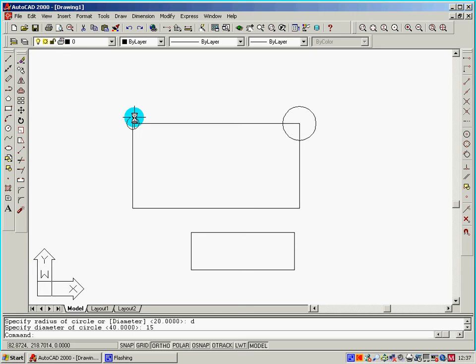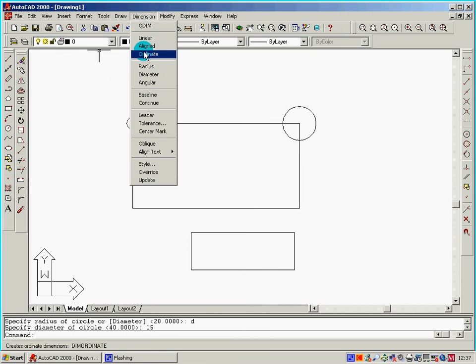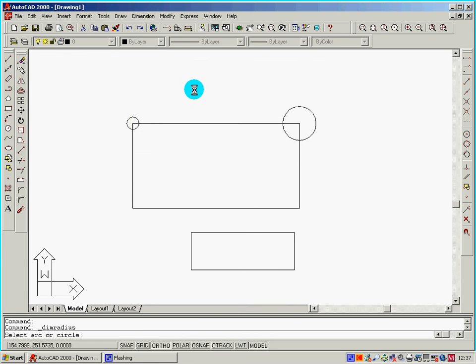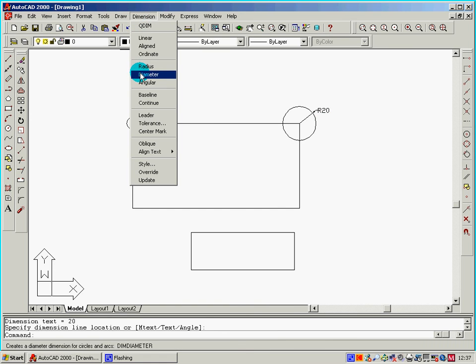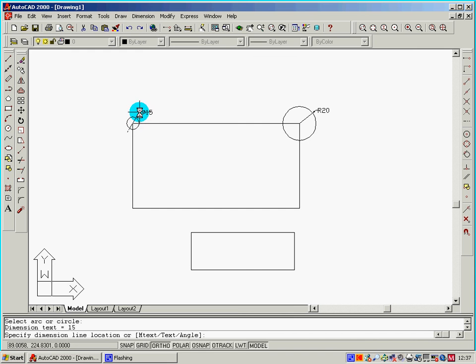No, it's 15. Just to prove that again, go for diameter, for dimensions. Don't you do this at this point. So that's 20, radius 20. And that one is diameter. Circle with a slash across it means diameter, so that's 15 diameter, that's 20 diameter. We've now put in another circle. So you've done the first one using radius, you've done the second one using diameter. The third one